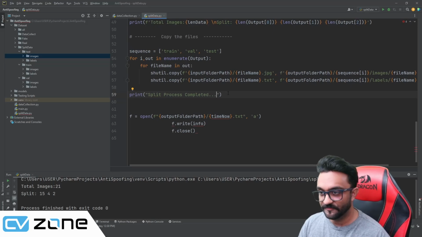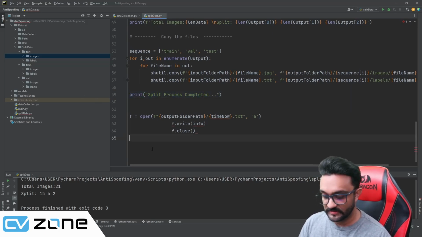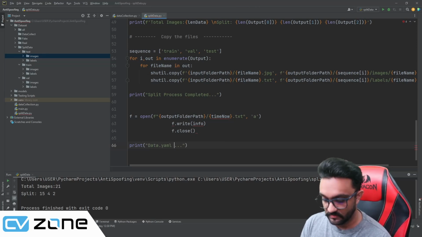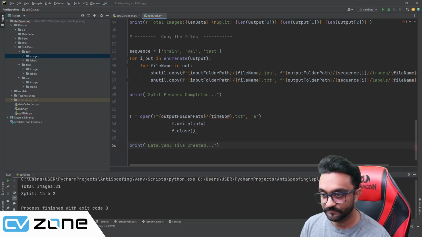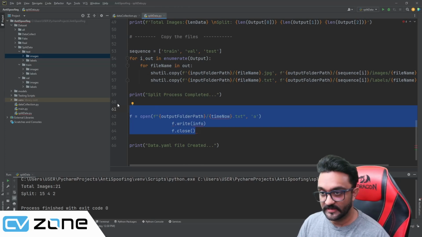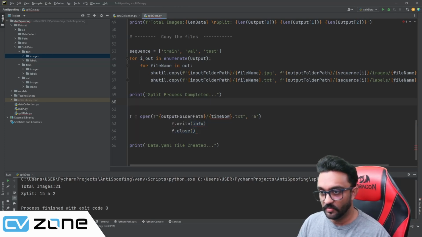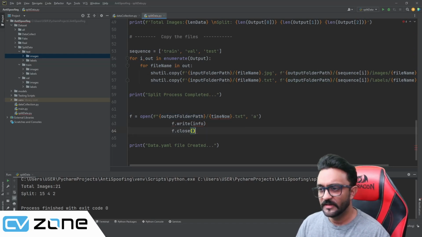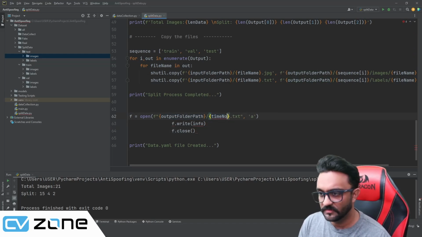Then we create the file, and then at the end we will say data.yaml file created. There you go. So that's good. And now what we can do is actually create it. So here we are going to give it a name. So output folder, yeah, it will be output folder path. And then it will have the name data.yaml file,